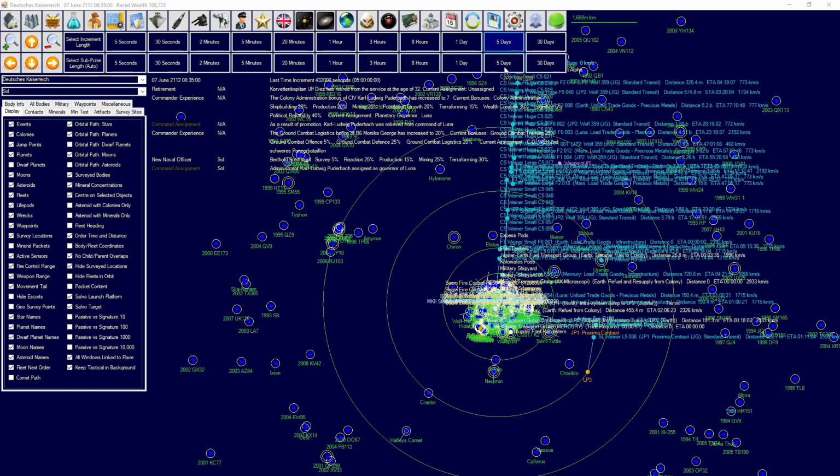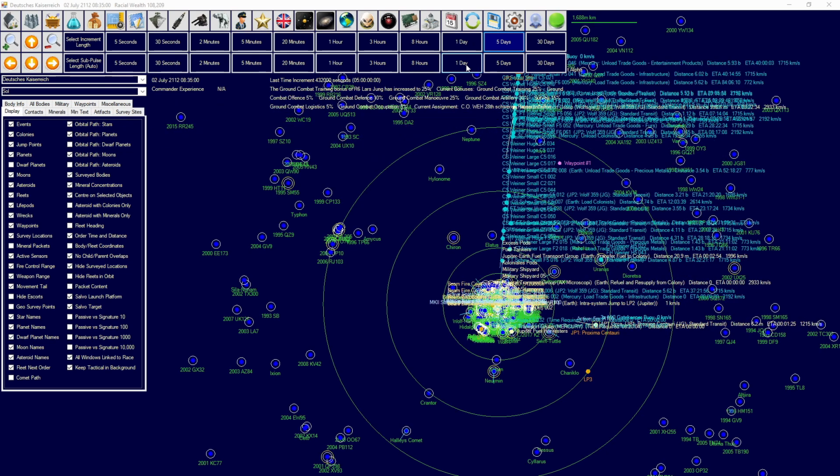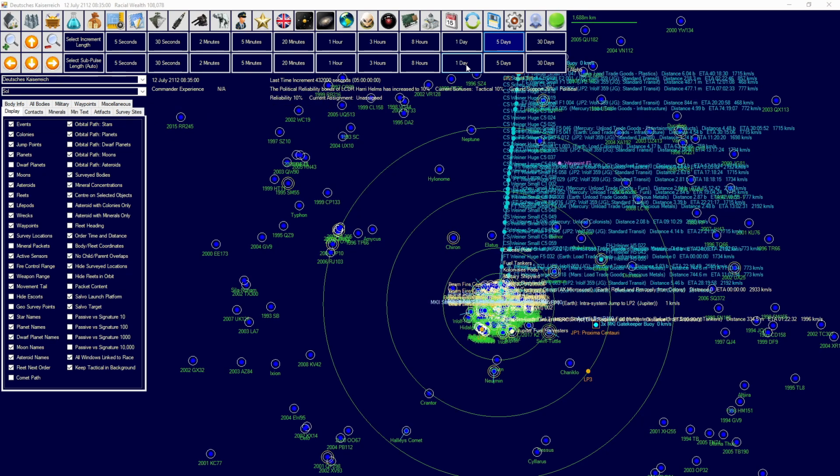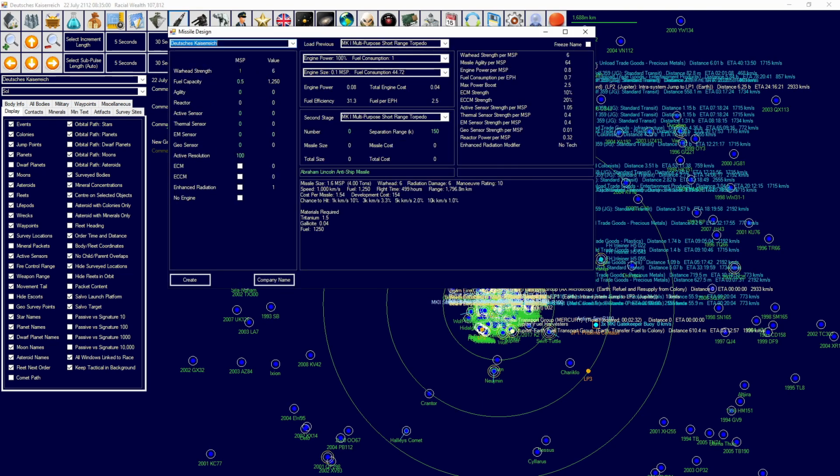Okay, 5-day increments keep going on. We're just kind of going to be waiting. I mean, they're pretty much trapped on their planet, so there isn't really too much to worry about here. We could always nuke it. That's an option. We could create some